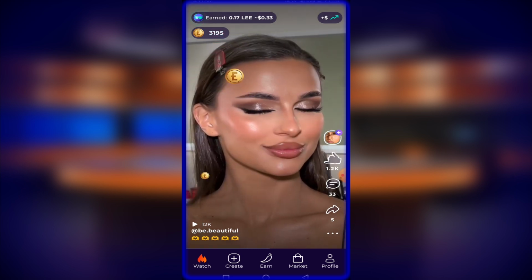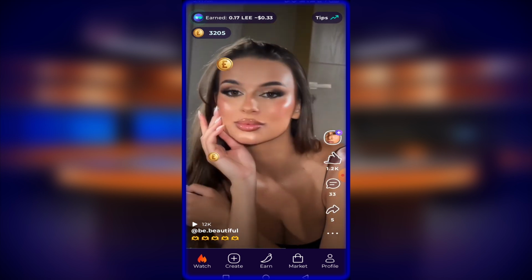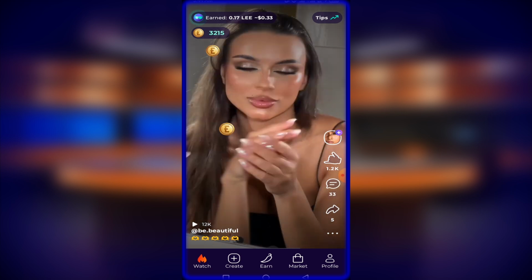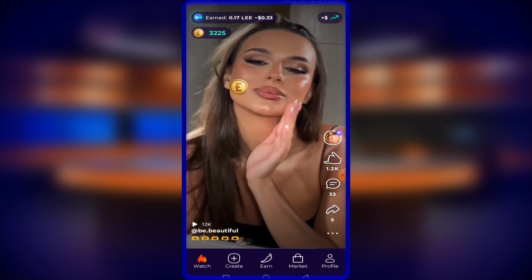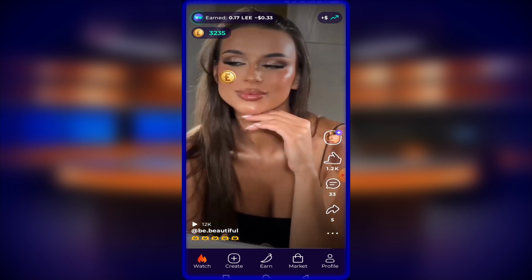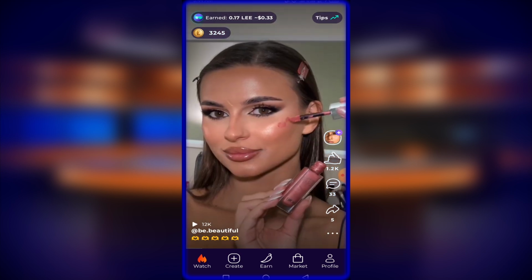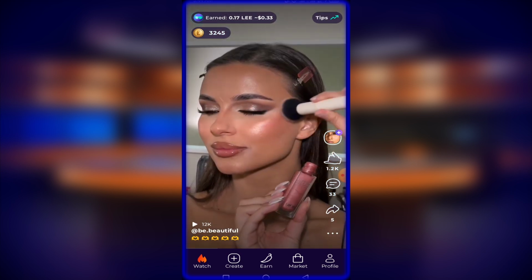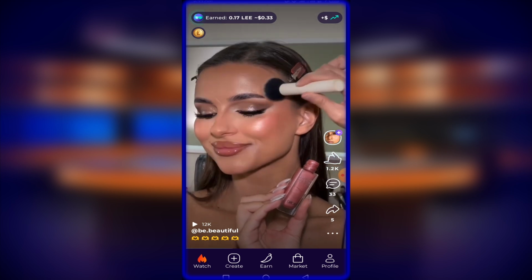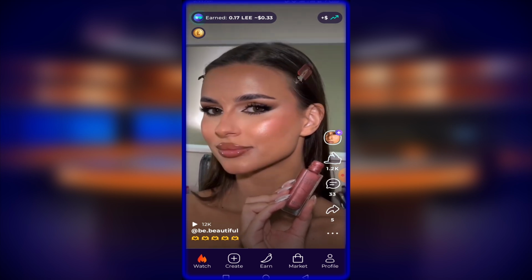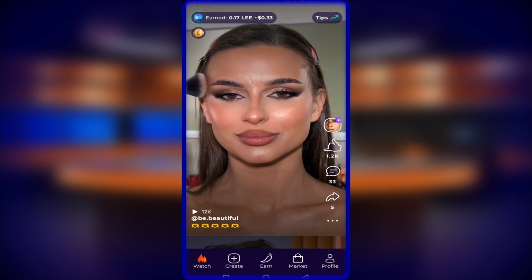Watch videos, scroll, watch videos, scroll. The beautiful thing about this is it's just like your normal videos on TikTok that you normally watch. But the difference between TikTok and other apps and this one is that this one pays you as you are watching the video.